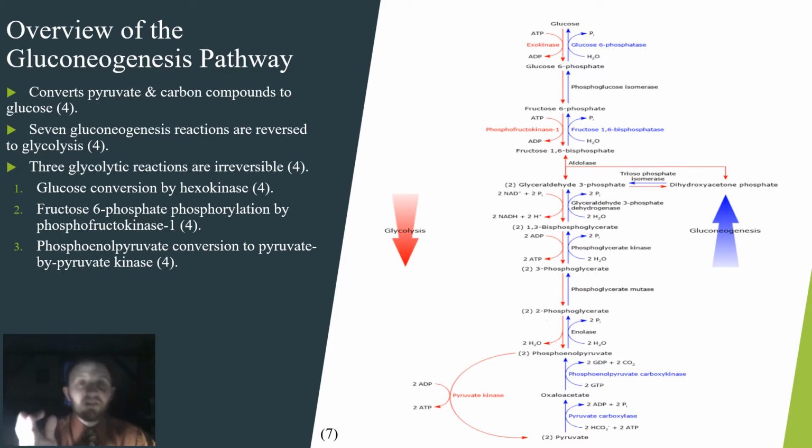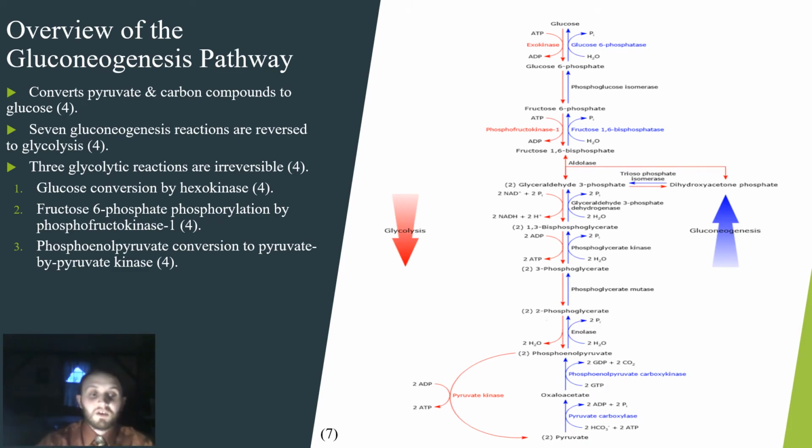So gluconeogenesis and glycolysis are not identical pathways running in opposite directions, or of course, it may seem to appear in that image that way. And there's a reason why. They may share several steps. In fact, 7 of the 10 enzymatic reactions of gluconeogenesis are the reverse of glycolytic reactions. With that said, however, there are 3 reactions in glycolysis which are essentially irreversible in vivo and cannot be used in the gluconeogenesis process. And the 3 following steps are